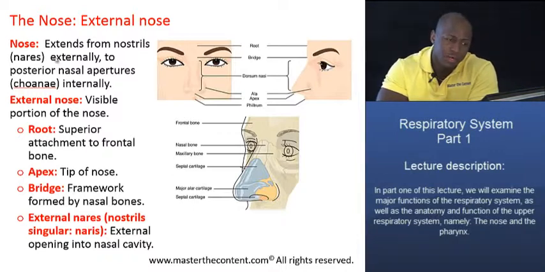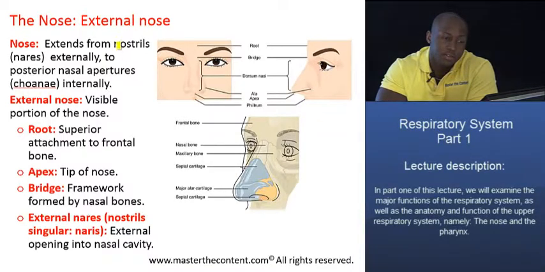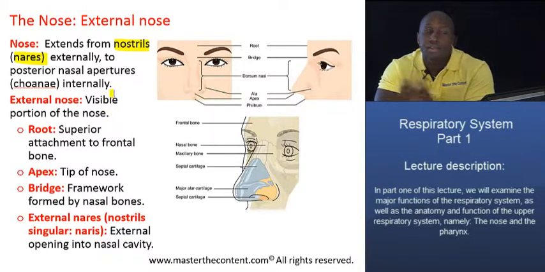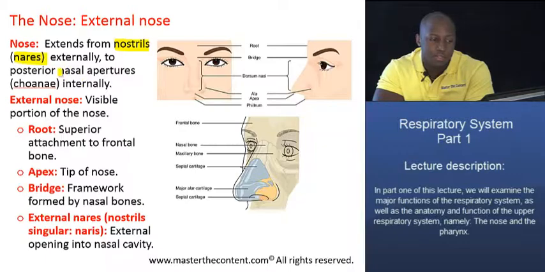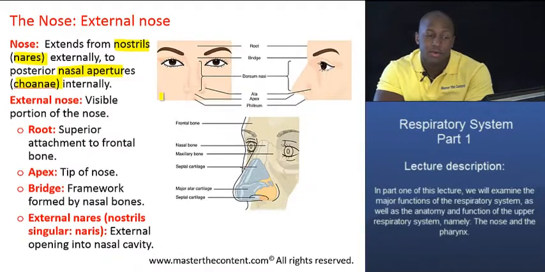Now, the nose extends from the nostrils, what we call the nares, or the external nares, and it goes all the way internally into the inside of your head, where we have what we call nasal apertures, or choanae, internally. So it's a very